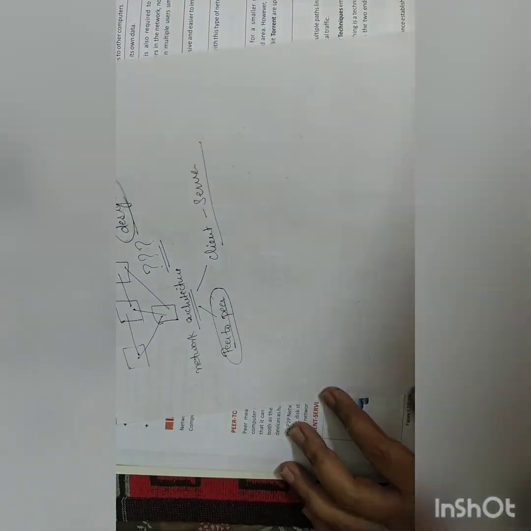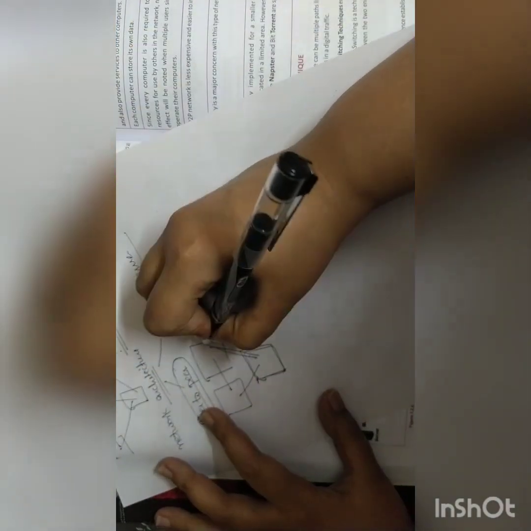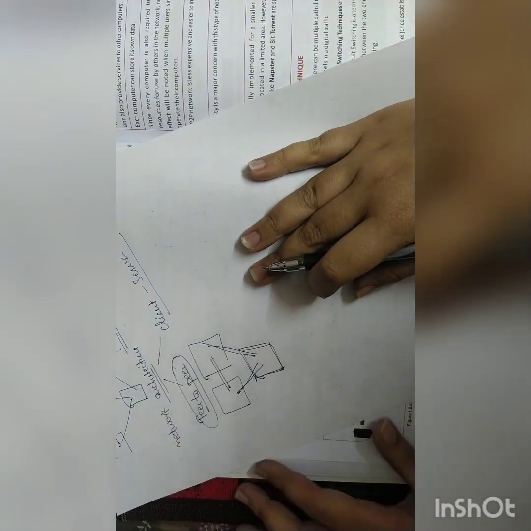सेम ही होता है. In peer-to-peer architecture, computers are connected with each other. लेकिन एक कंडीशन है that each computer has a right to connect with every other computer. मतलब कोई प्रायोरिटी नहीं है, ये नहीं है कि ये ज़्यादा अच्छा है और ये कम अच्छा है. All the computers are at same level. All the computers have the right to ask for a resource or to give some resource.